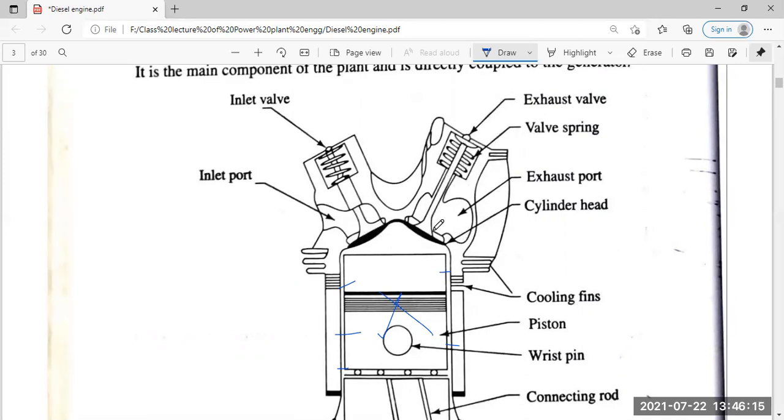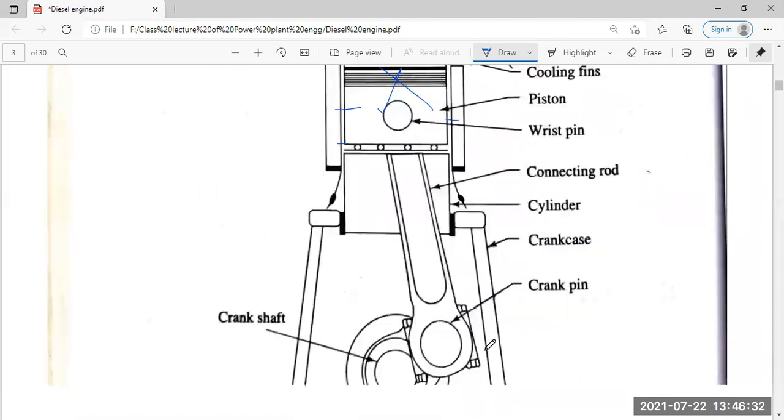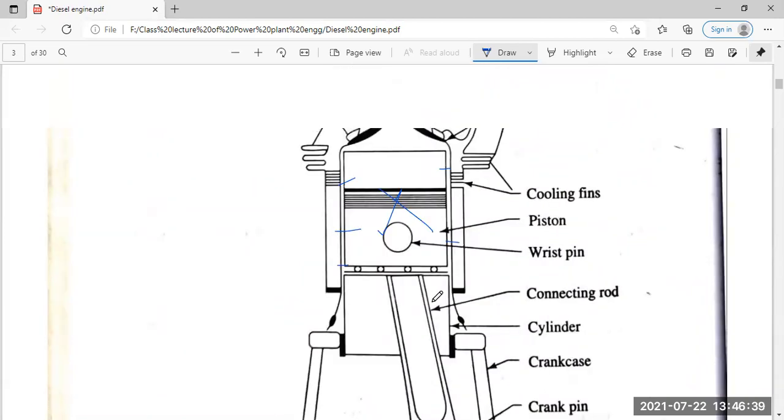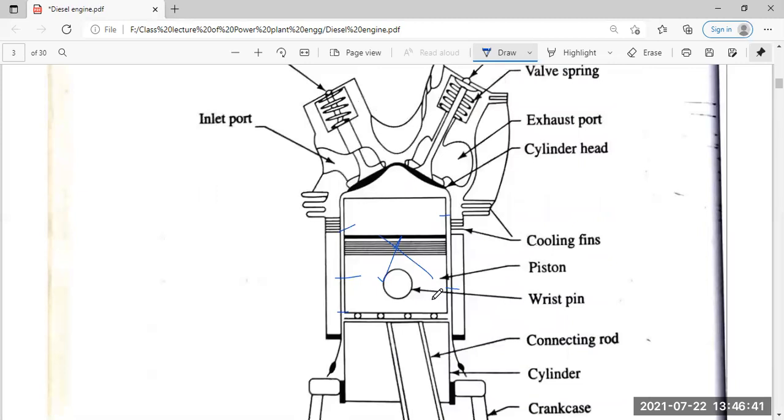Either the exhaust port will open or the inlet port will open, but both can never be open. Initially, first the inlet port opens, the fresh air is drawn inside the cylinder, then it is compressed up to a 13 to 22 compression ratio. Then fuel is injected inside the cylinder, and it is burned by the high temperature air inside, and thus creates the automatic burning of the fuel itself, and it creates the necessary work over the piston itself.